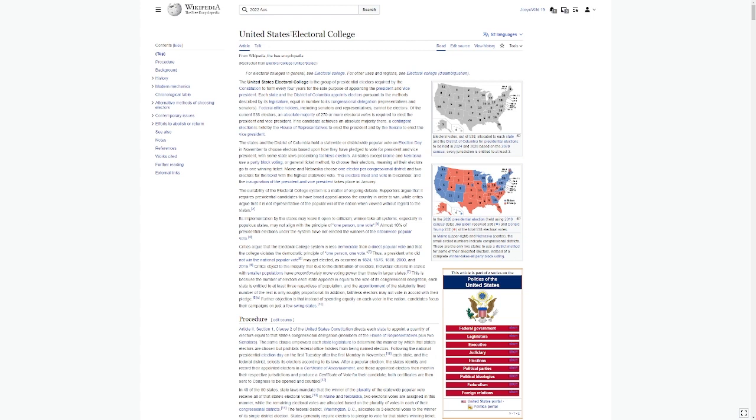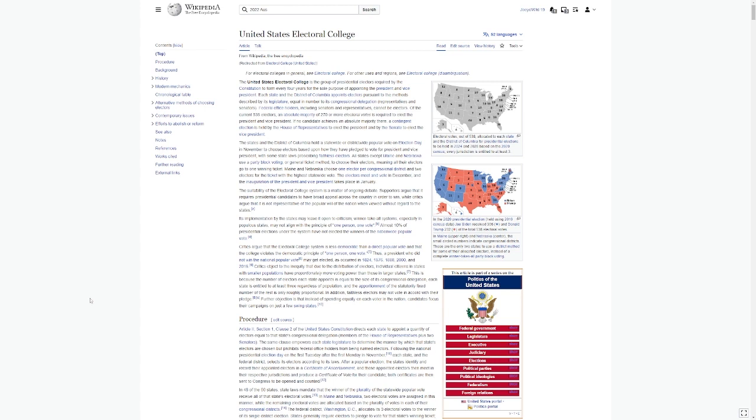So the United States Electoral College is basically the deciding factor for the presidential election. It is a form of first-past-the-post voting, whereby if a plurality of a state's voters vote for a party or a candidate, that state's electoral college, a set of electors that have been selected by that state's government to represent them in the national election, will vote for that candidate.